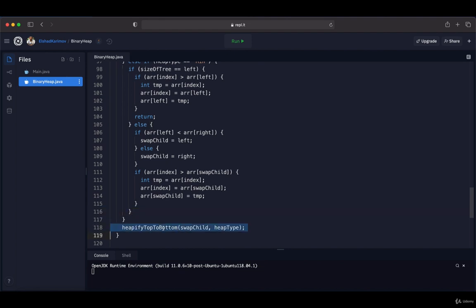Now at the end, we are calling this method recursively for the swap child. So this means that we are either going to continue to the left child or right child based on the heap type and based on the comparisons that we are doing here. So this part of code will take O(log n) time complexity. So the time complexity for this method, if you combine everything together, will be O(log n)